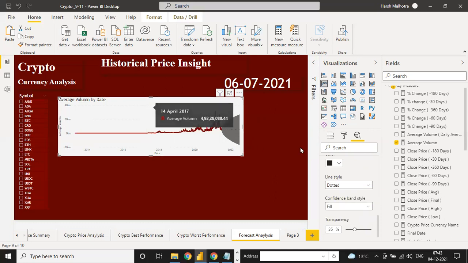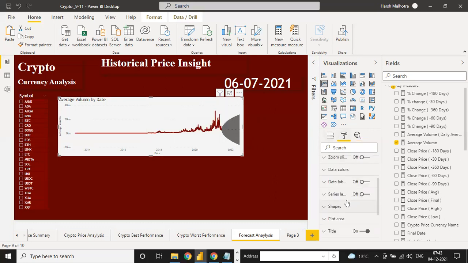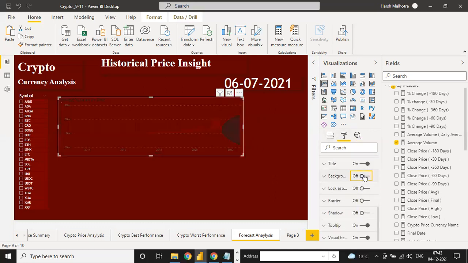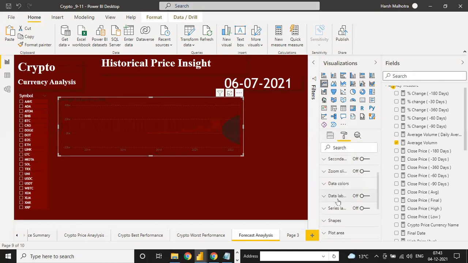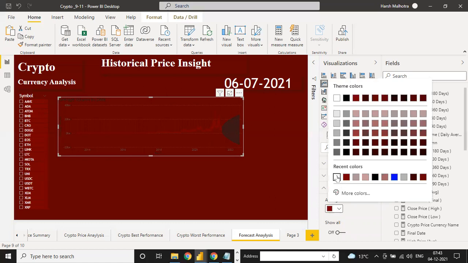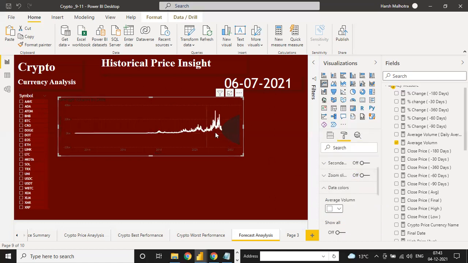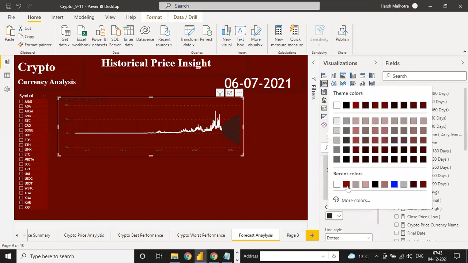And average volume, click here. You can change your background because we don't need it. Data color, you can change average volume into white, and see, this white is the actual data and this is not actual, this is forecasting. So click here. Here your value is lying there, black, it is forecasting.